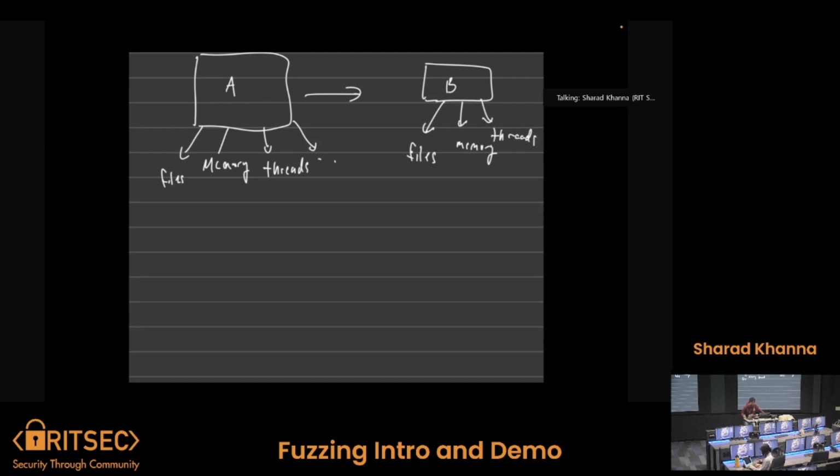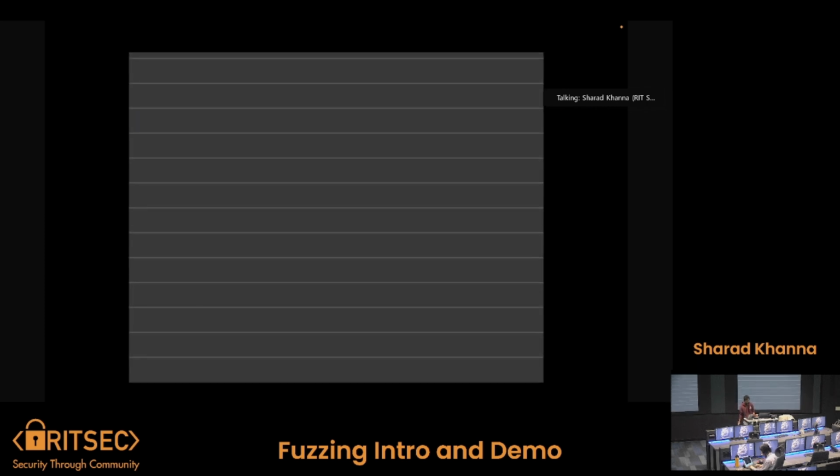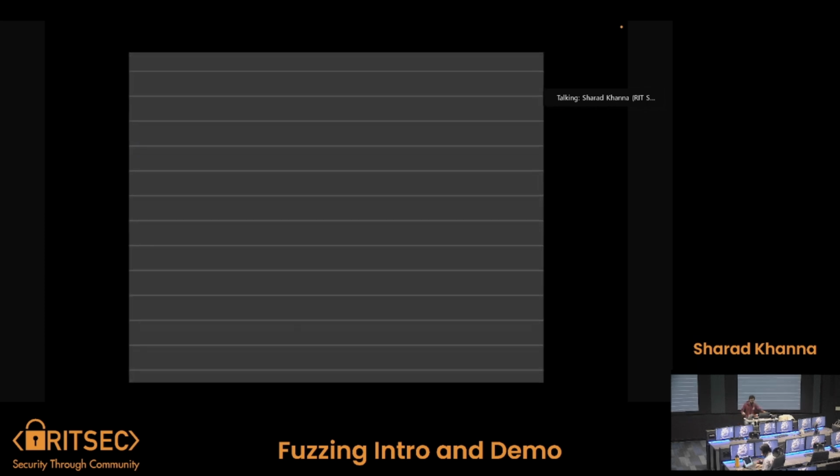Now, due to a thing called copy on write, fork is actually extremely fast and extremely cheap. So as a result, you can fork a lot and it won't be that expensive and it won't take very long, which is very nice. The way we do fork server basically is we start with our fuzzer